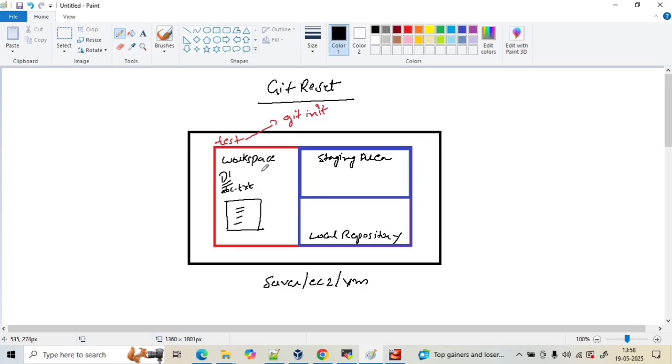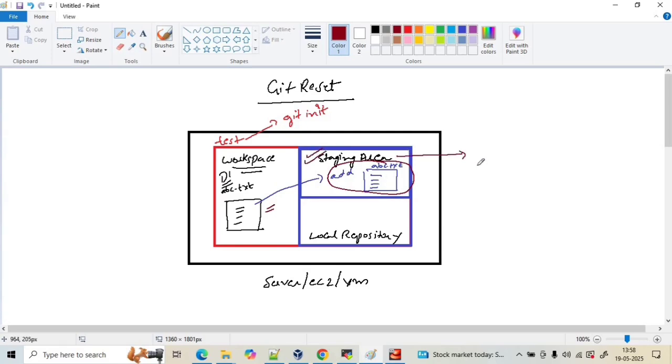He has written some code within the workspace directory and moved it to the staging area by adding this file, abc.txt, and realized there is some mistake within this particular file abc.txt. In that case, if the developer wants to reset this file abc.txt within the staging area,